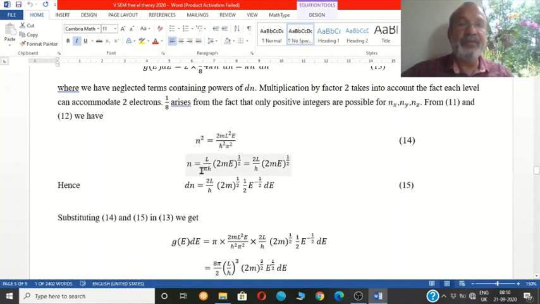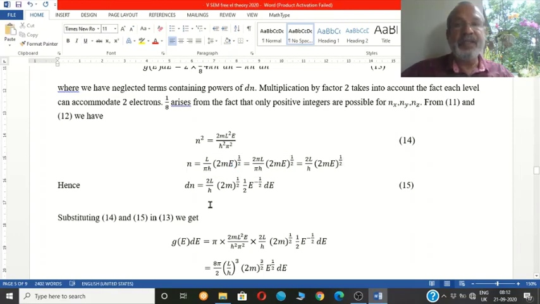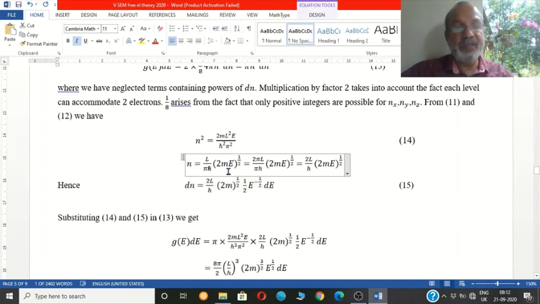From that you can find the square root, so you will get n. When you take a square root, all these squares will disappear, so you will get L by h cross pi into square root of 2mE. It is convenient to express h cross in terms of h. H cross is actually h by 2 pi, so that h is there. 2 pi will go to the numerator. So pi and pi will cancel, then you will get n equal to 2L by h into (2mE) raised to half.